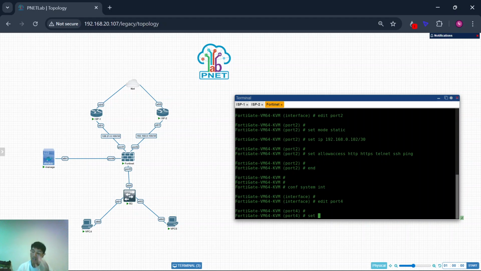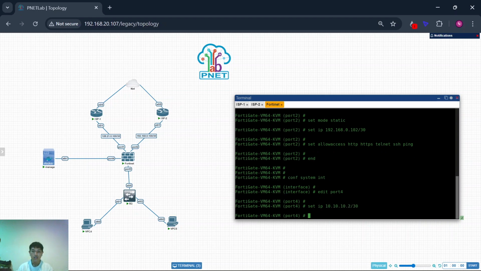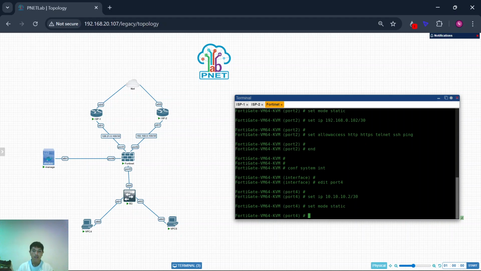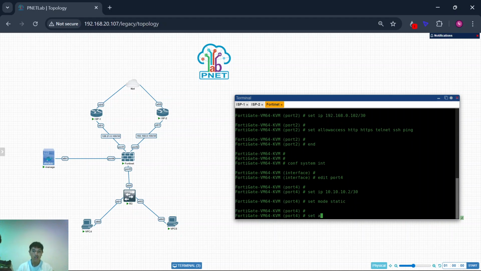If you don't write set mode static when you add an IP, set IP 10.10.10.2/30, it can work, but you must set mode static and then set allowaccess HTTP, HTTPS and ping.